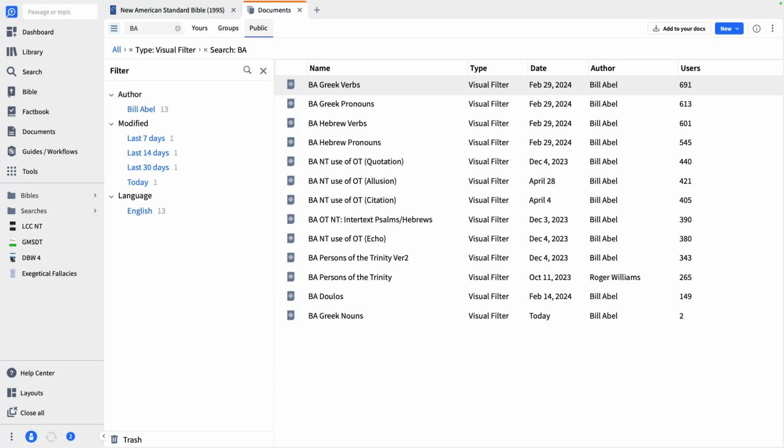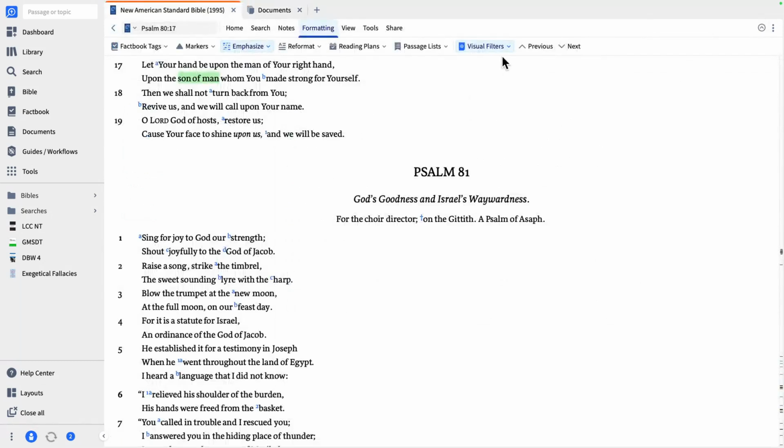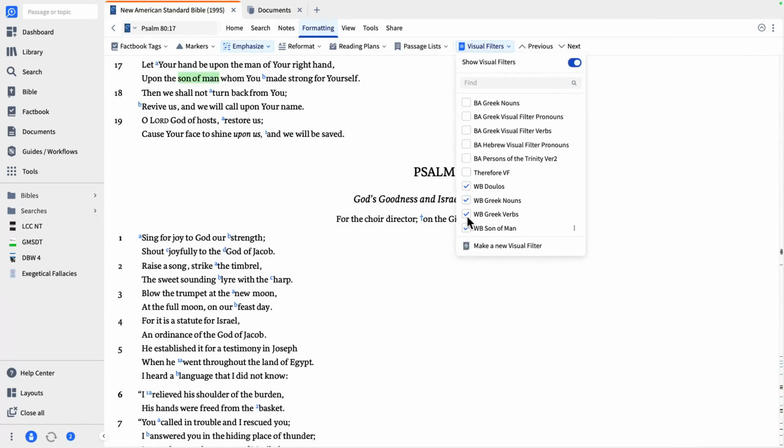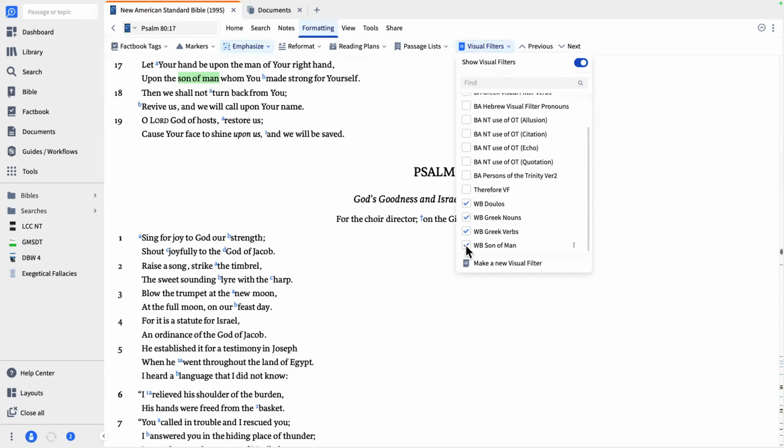Ernest says, we hear you. Lee says you're good. Wayne says, is there a way to start with clean text without visual filters each time, and can I turn them on? Yes, Wayne, you can turn them on and off right from the tool themselves. You can turn them all off, or on and off individually. If I don't want Son of Man on, but I want all the other ones on, I'm just going to uncheck Son of Man,